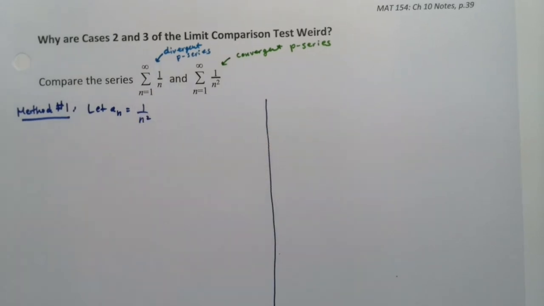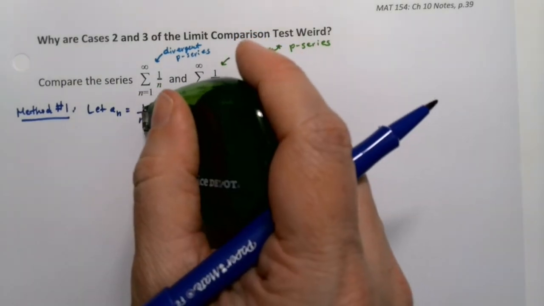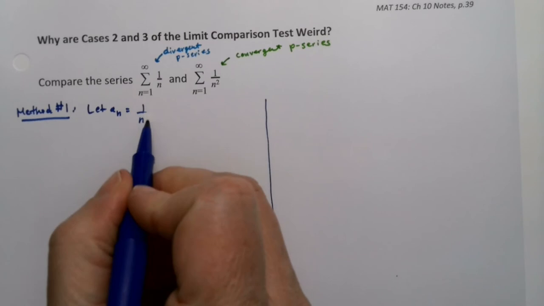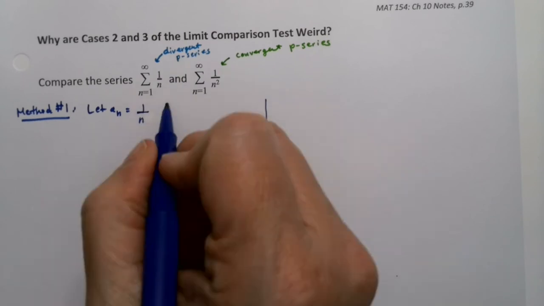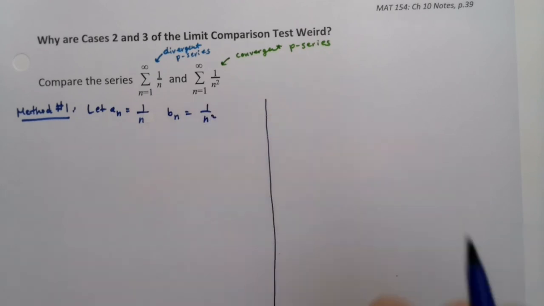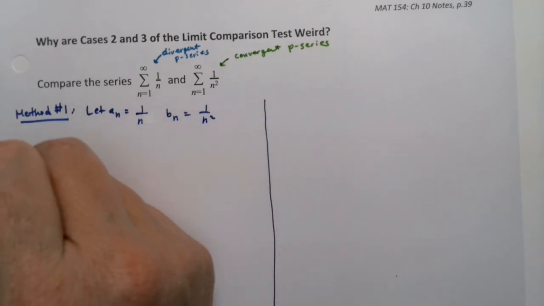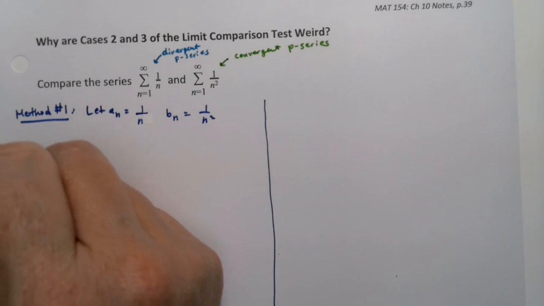I'll let a sub n be 1 over n. It doesn't make any difference. I'm going to do it both ways. You guys are used to the first one being the first one. It does not have to be. It's arbitrary. And then b sub n equal 1 over n squared. Sure, why not? Okay, so if we do that, then the limit as n goes to infinity of a sub